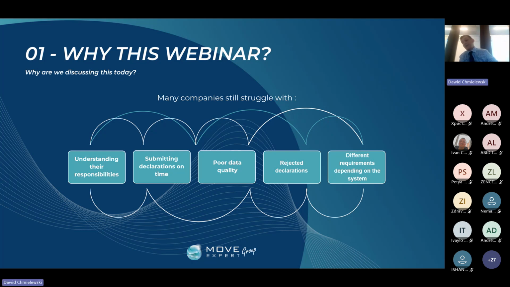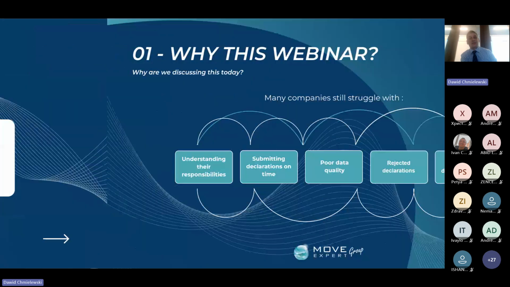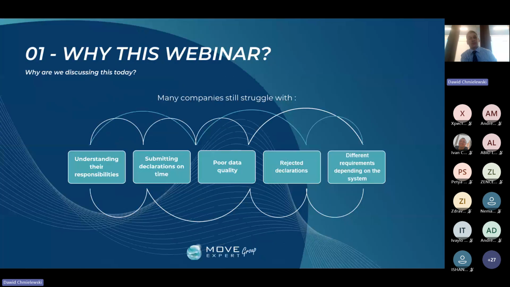And different requirements depending on the system. That's what I said before. Every system has got its own tweaks, its own flaws, and its own requirements, even though they all do pretty much the same thing. So the first declaration I would like to talk about would be, oh, I do apologize for that,